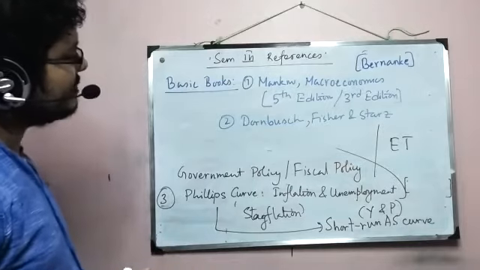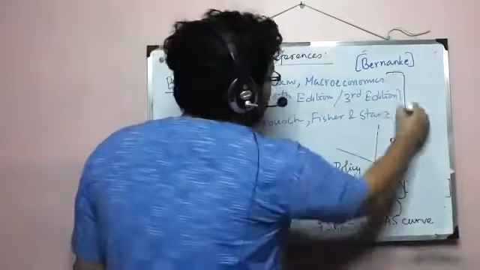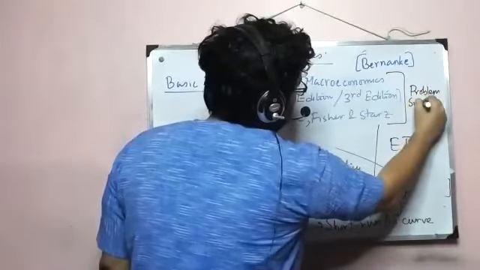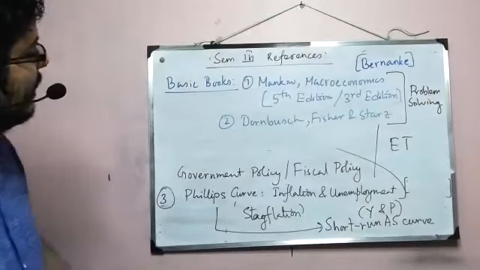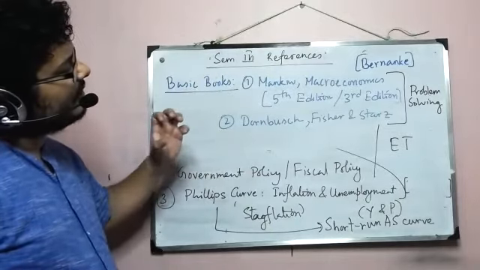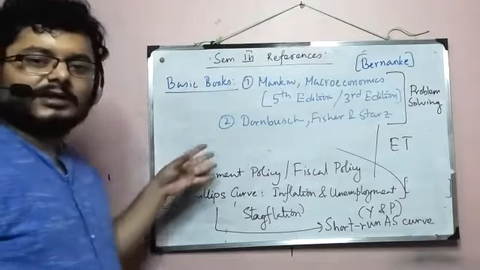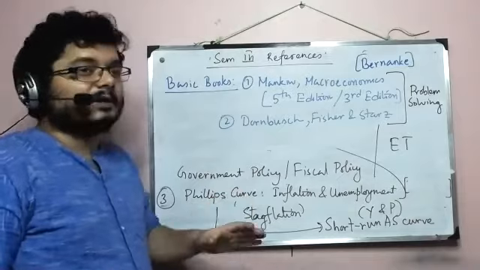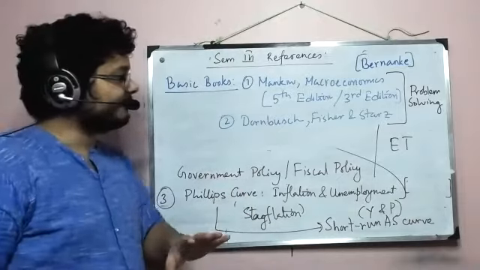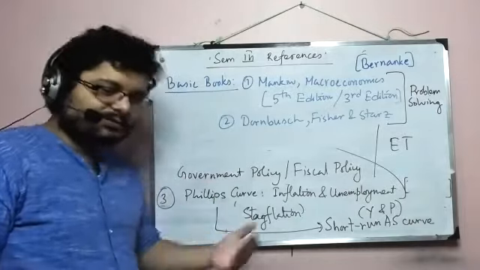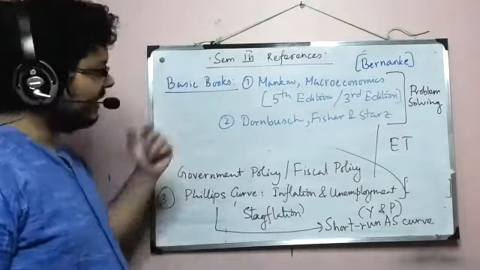When it comes to problem solving, we will start from this book. I'll not obviously give the whole exercises, but I'll give selected problems to solve. Now regarding these two books, Dornbusch is a bit complex in reasoning than Mankiw. Mankiw puts it always very simple, and in keeping it simple, at times it omits a lot of things. In some cases they are important, in some cases they are not. So when we'll be doing the class, you will understand.